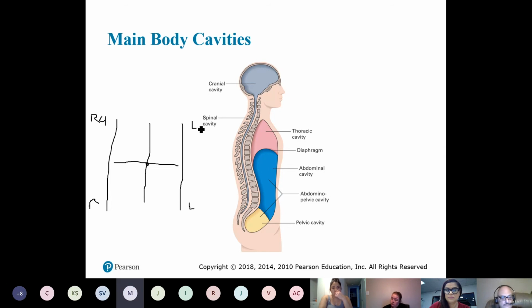So that's a U. And what's this here? Lower right. Right lower quadrant. Right lower and left lower. And they're quadrants, so it's a Q. So LUQ, LLQ, RUQ, and RLQ, right lower quadrant, okay? So that's the jumping off point. Quadrants: right upper quadrant, right lower quadrant, left upper quadrant, left lower quadrant.